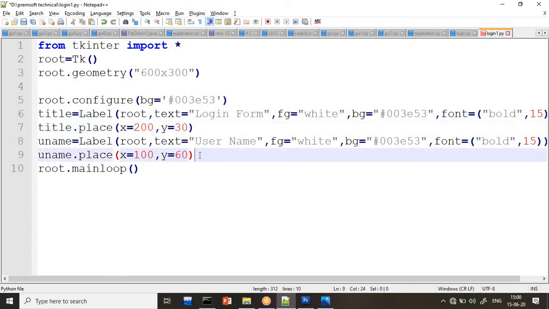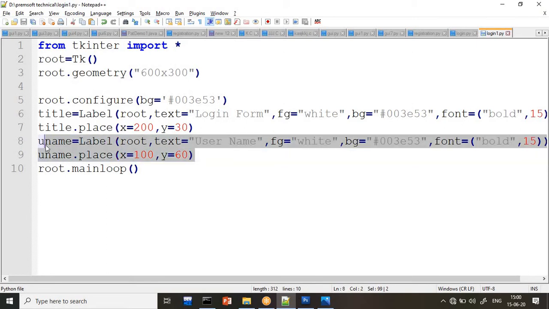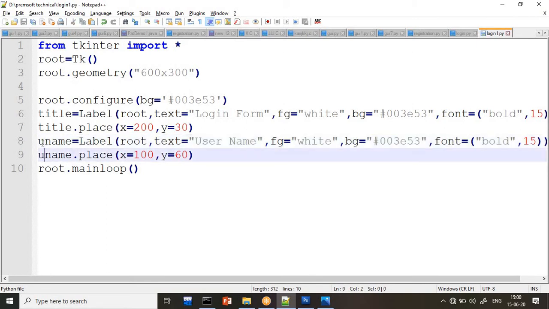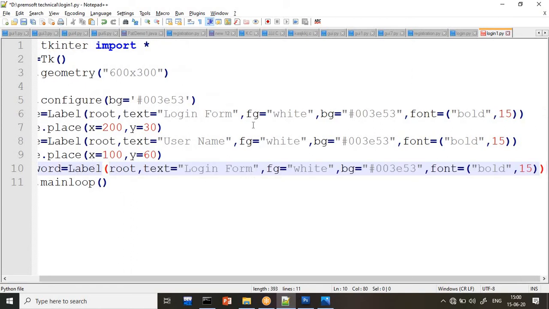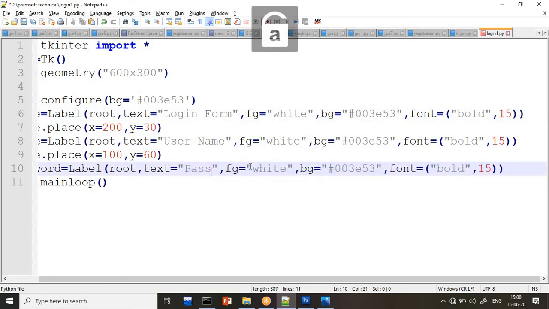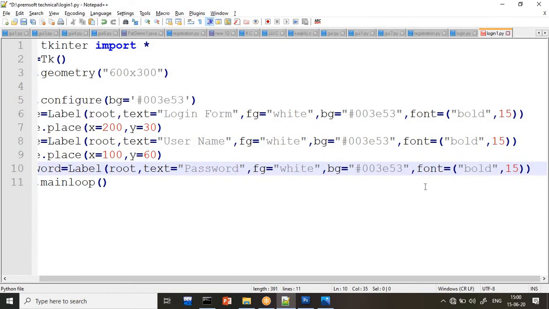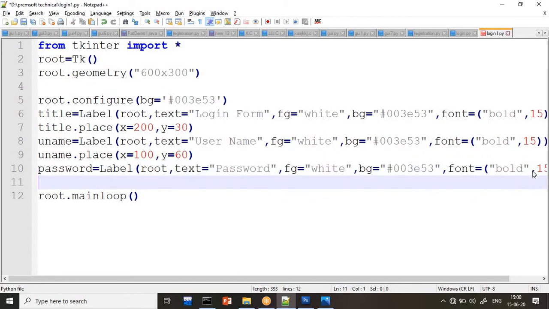So here I save. I want two labels, so I will create one more label here, and the second label will be password. So I will create password equal to whatever label we copy pasted, the same thing I copy pasted here, only thing is I am changing it to password. Okay, and the rest of the things are same. But one more thing we have to do is place it.